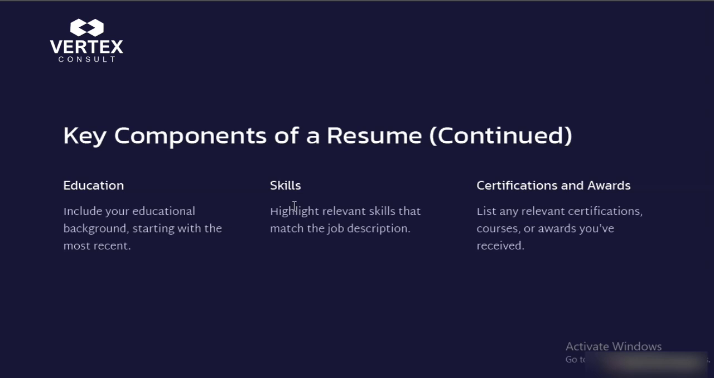All right. So the next one is certifications and awards. And let me quickly say this: your skills are very important, so please go through them very well. Now, for certifications and awards, you list any relevant certifications, courses, or awards you've received in the past. You list everything out that is relevant to the job description you are applying for. Ensure that everything, your skills, your certifications, your awards, even your experiences, you are not